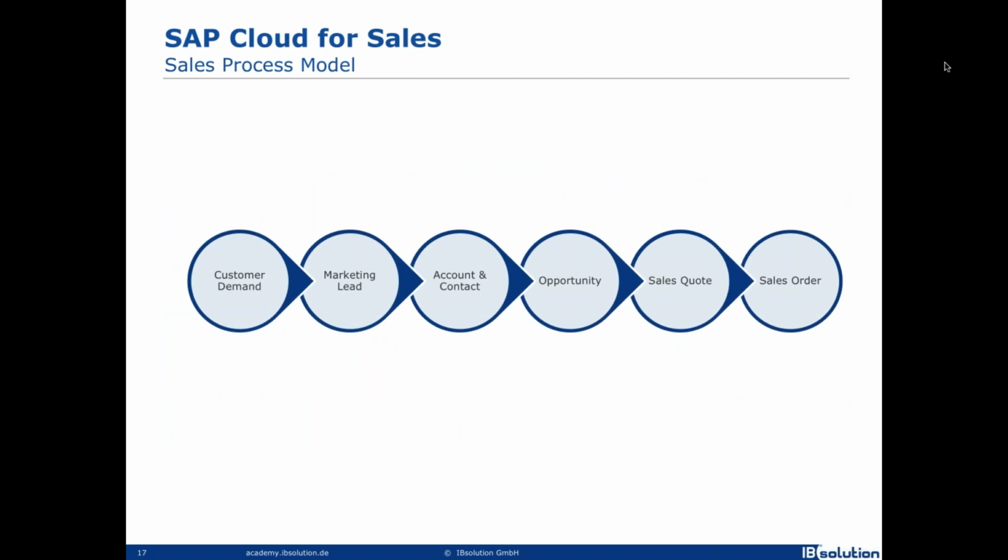We'll just briefly go through the processes which are covered in Cloud for Customer, and we're going to start with the sales process. Using the different channels for communication with your customers, you can get all the information you need for a specific product so that you can decide whether there is a demand for such product. You can create marketing leads where you can record some raw data derived from campaigns or other marketing activities. If you want, you can afterwards convert the leads to follow-on documents such as opportunity.